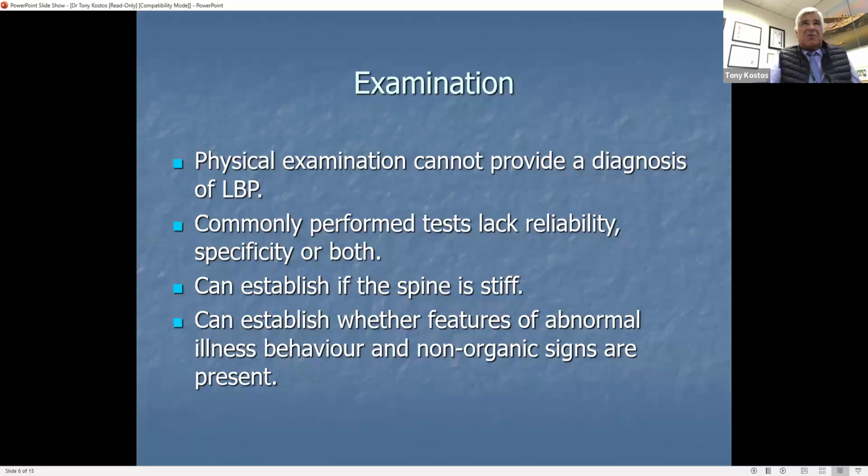We also do a test called simulated rotation, where we stand them up, keep their arms by their side, and then get them to twist. So they're not moving their spine at all, they're just twisting the hips, and that can cause pain. Sometimes when you're doing the rest of the examination, they're lying down, they can't lift their legs up, yet they can sit upright with their legs extended in front of them. So there are all these sorts of things that, together with the yellow flags of the history, suggest that these people have a diagnosis of a chronic pain syndrome, which is largely influenced by psychological and social factors.